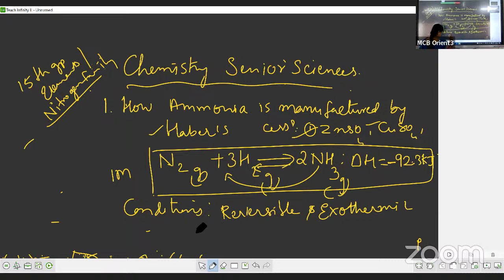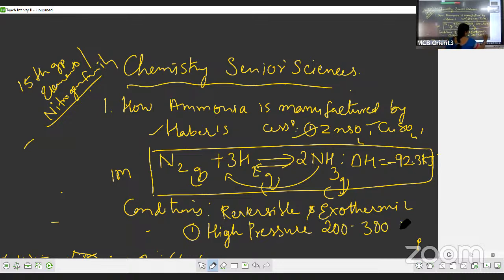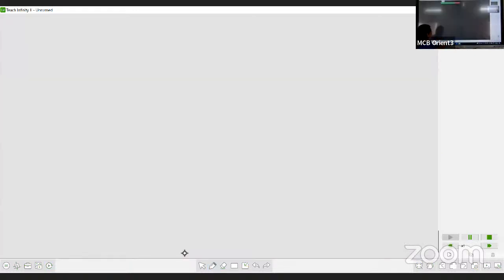Now, what is the pressure? The reaction takes place at high pressure. High pressure of how much? 200 to 300 atmospheres. Then, what is the temperature? Here, actually, according to the conditions,